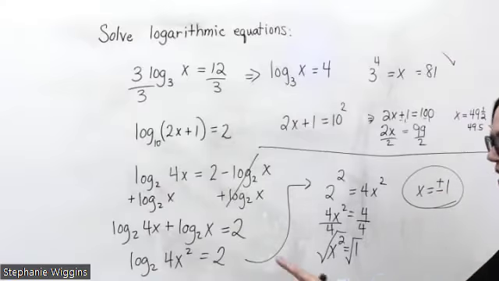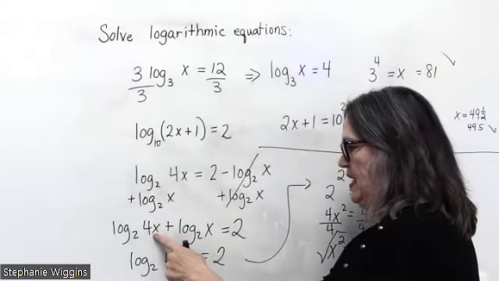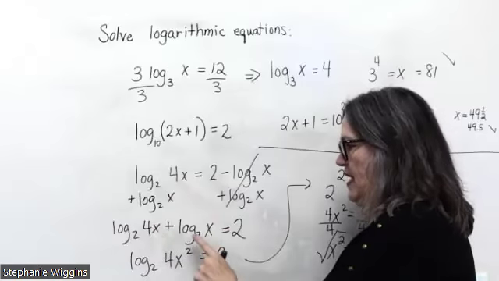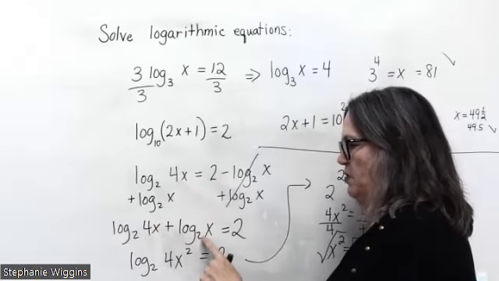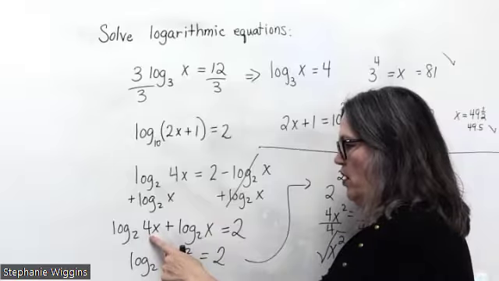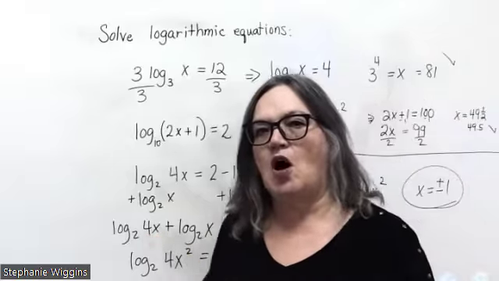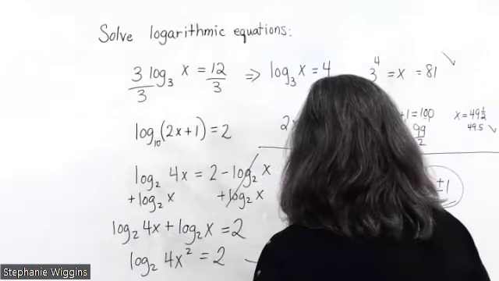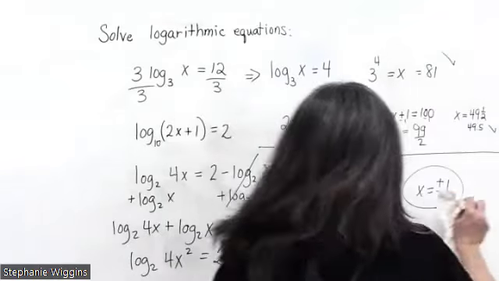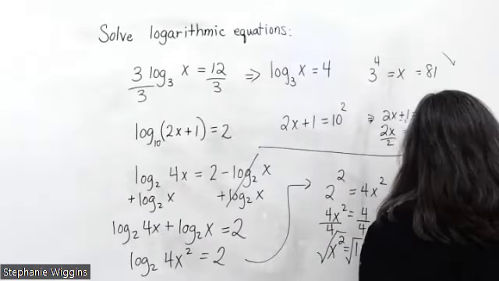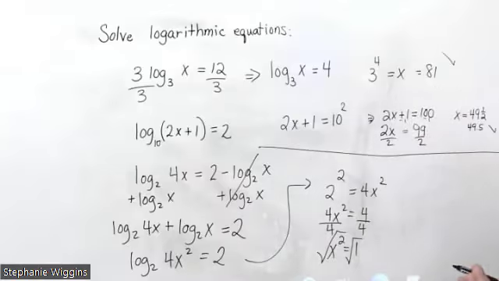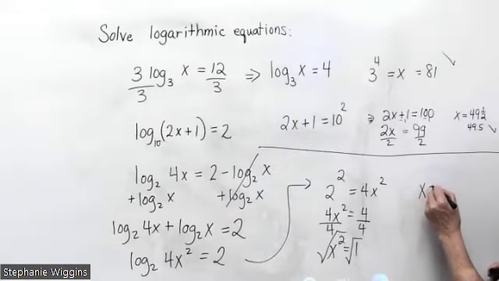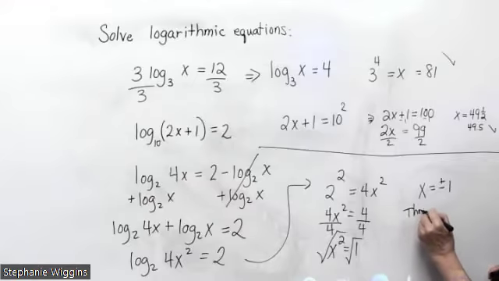Now, -1. If I plug my -1 in here, I'm going to be taking the log of a negative number, right? 4 times -1 is -4. You cannot take the log of a negative number. So I've got to be careful, because you want to sit there and circle the answers and be done. But we get x equals plus or minus 1, but throw out x equal -1